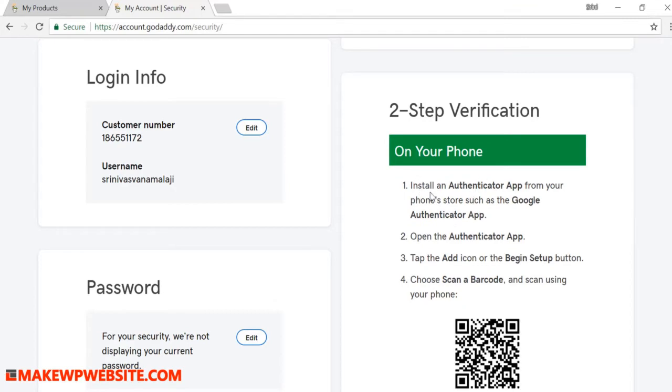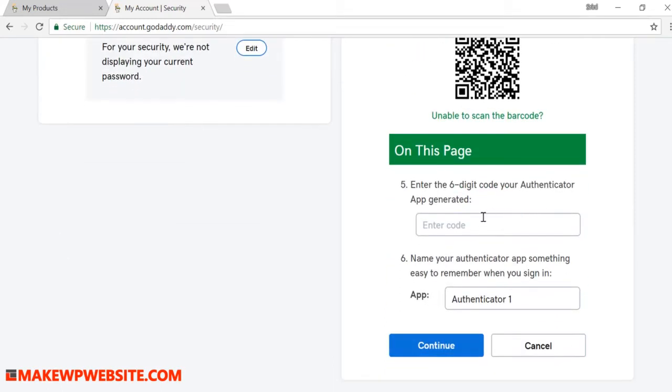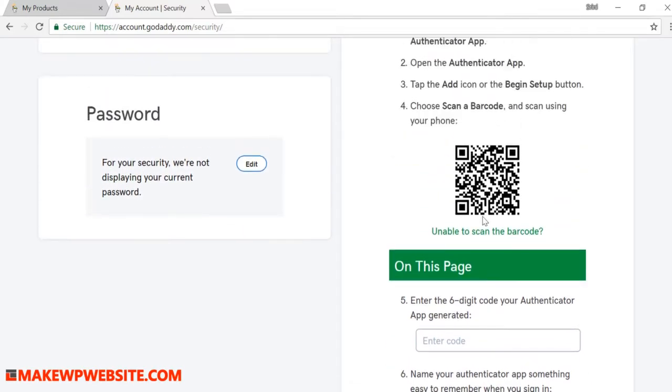So here are the steps. Install an authentication app on your phone. You can get the Google Authenticator app on the iPhone App Store or Google Play Store. Then you can download this authentication app, and then you can scan this. Once you scan this, it will show you some numbers on the phone, and then you just have to enter that number. Okay, so let me do that. Okay, so I have scanned that QR code onto my mobile using the Google Authenticator app, and I'll enter the code.